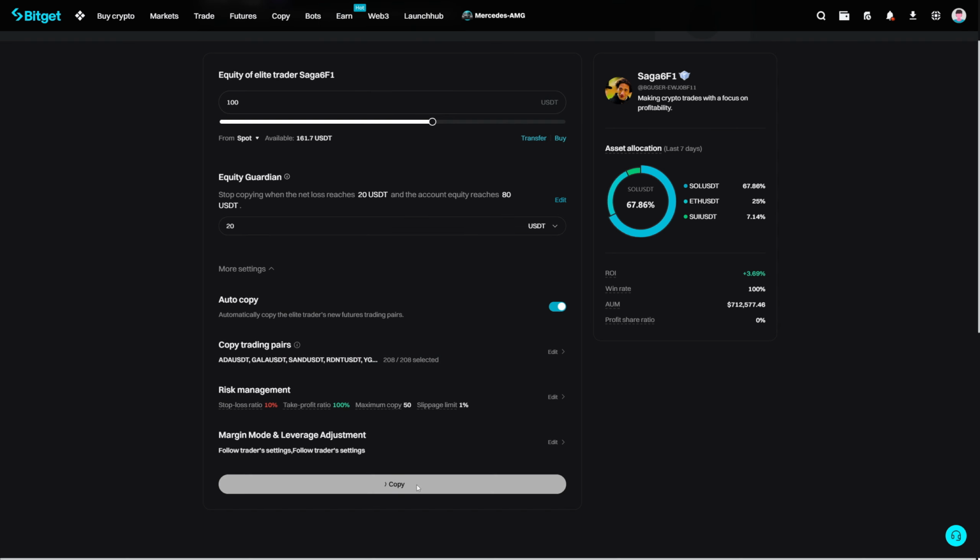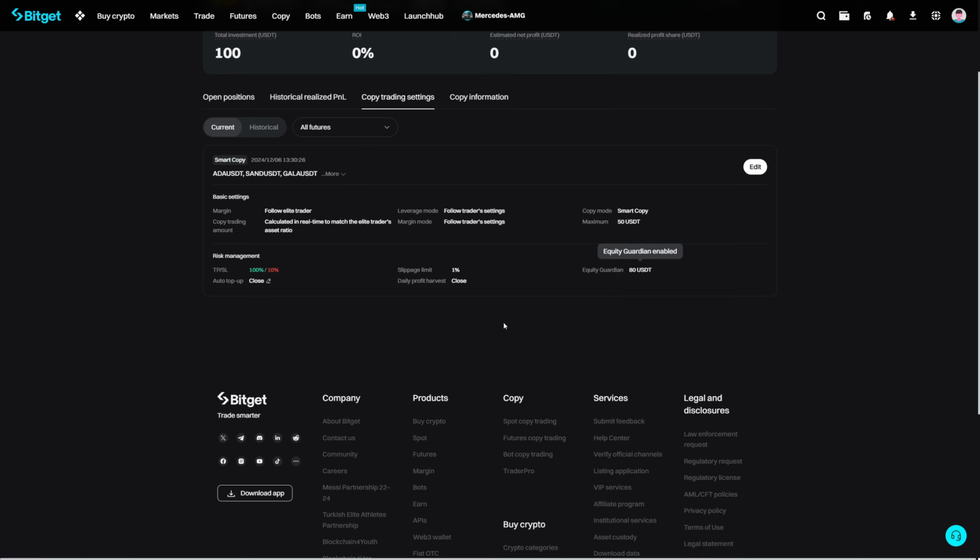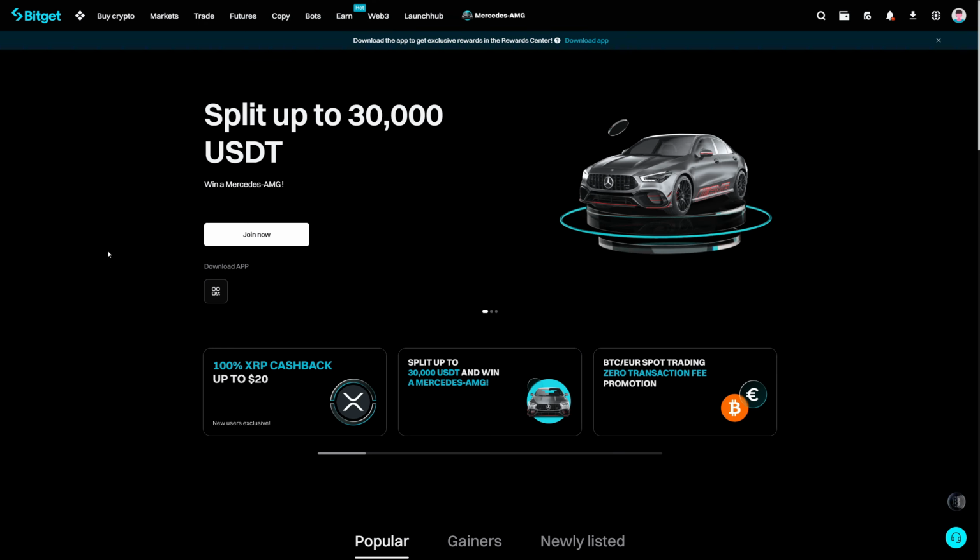And now I click on copy. We have now successfully started copy trading on Bitget. Whenever this trader now makes a trade, we will use the same trade settings and follow this trader with our money. If you want to change some settings like adding more margin or completely cancel the copy trading, go back